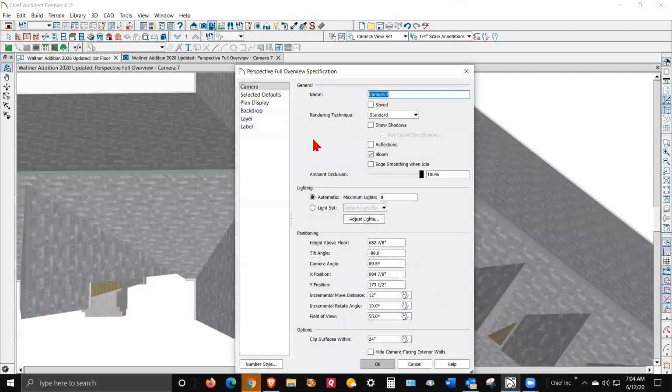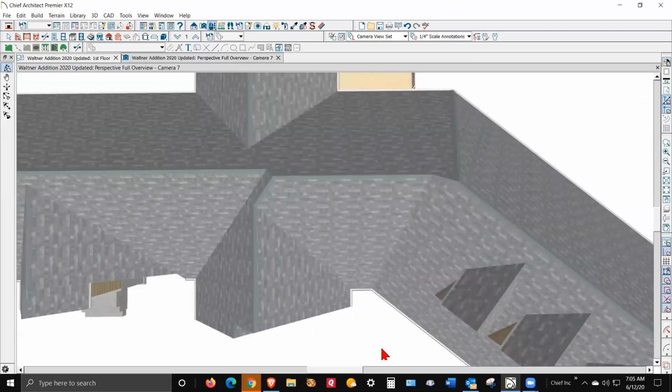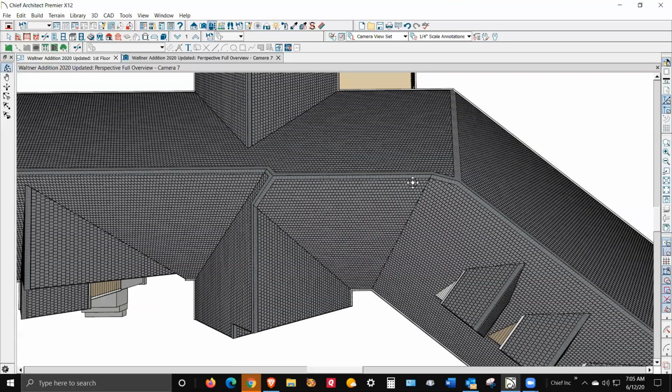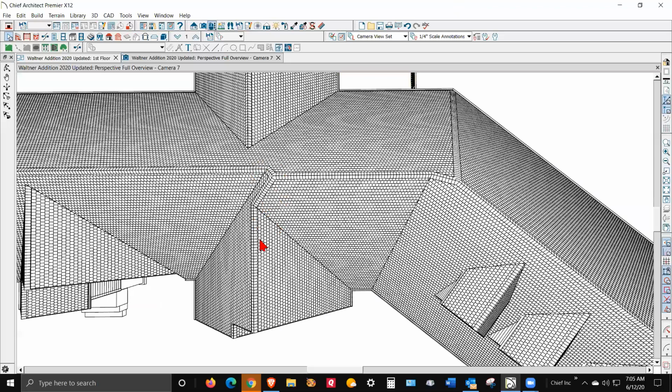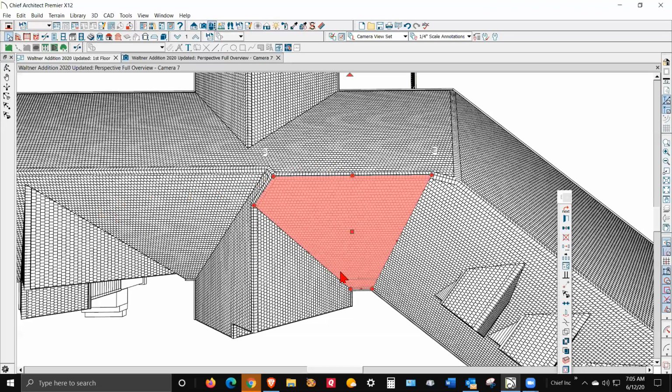That's the one. I want to make this a vector view camera, so it just makes the lines stand out a little bit better, and I'm also going to turn the color off. Okay, this transition point, what I'm going to suggest to you is we'll delete this